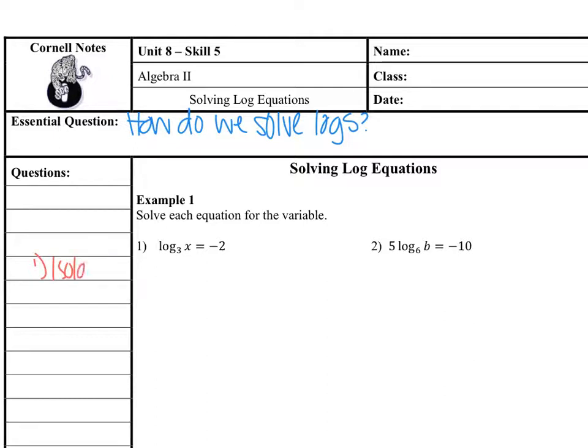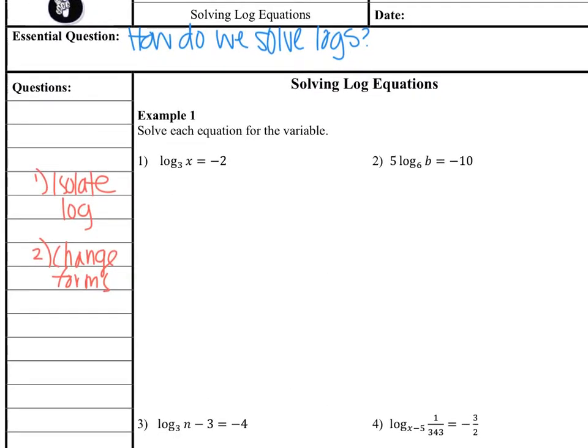Isolate the log. So if it's not already by itself, you got to get it by itself, right? Step 2 is to change forms. So what I mean by that is that we're going to change from log form to exponent form. So we have to recall last video where we had log base b of n equals e. To switch forms,